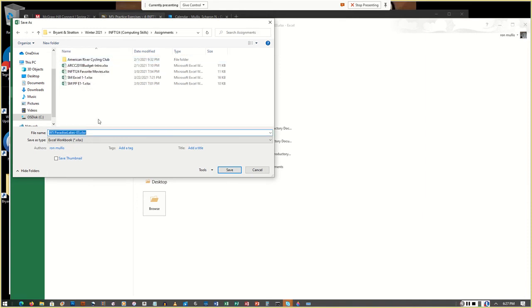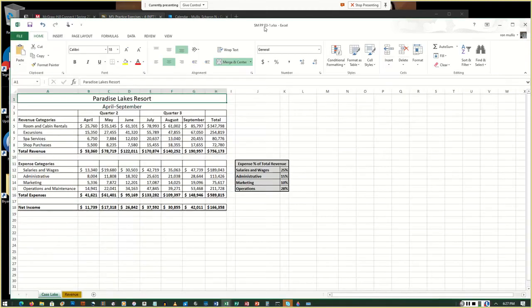And I'm going to use my initials, space, PP, space, E3-1. And then I'm going to go ahead and click Save. And you see the name change right here up at the top. So now I can move on to the next step,